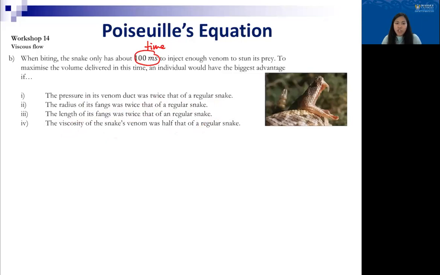In short, which variable affects the amount or the flow rate the most in a viscous fluid? Right, so viscosity will affect the amount of venom injected. We know that the more viscous it is, the less venom will be injected, given everything is the same. Yep, good. So we should look at Poiseuille's equation